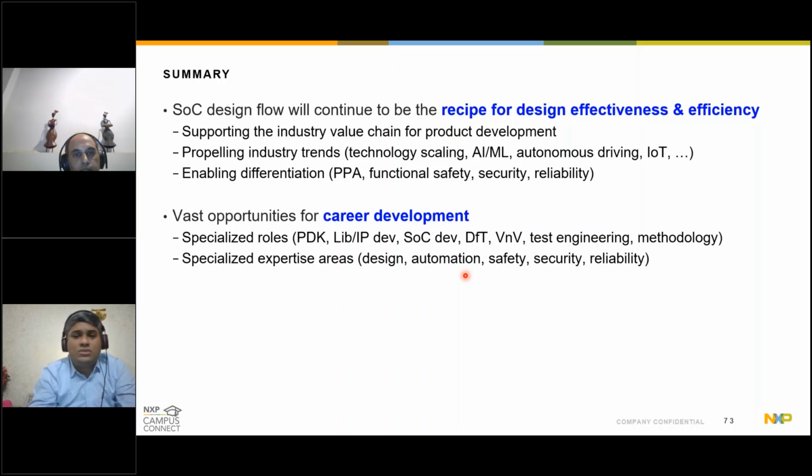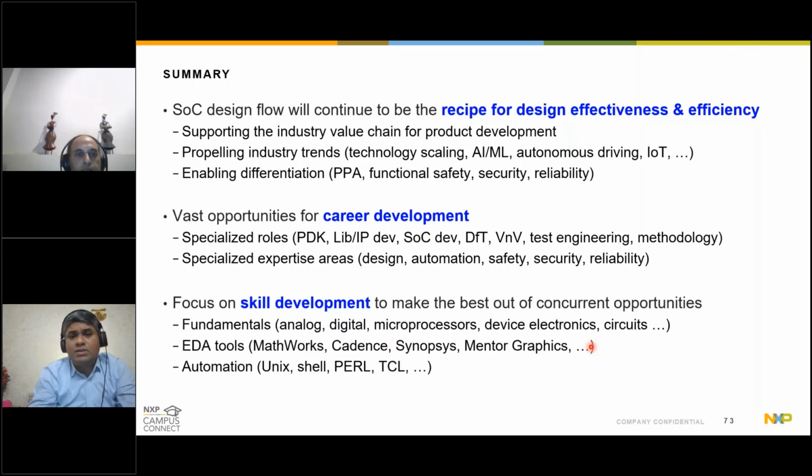I will not read out all the words I have spoken multiple times, or specialized expertise areas. Right? I think this is the era of specialization. It is good to be a generalist, but once you have specialization on these various domains, I think that really gives you a great performance stage.